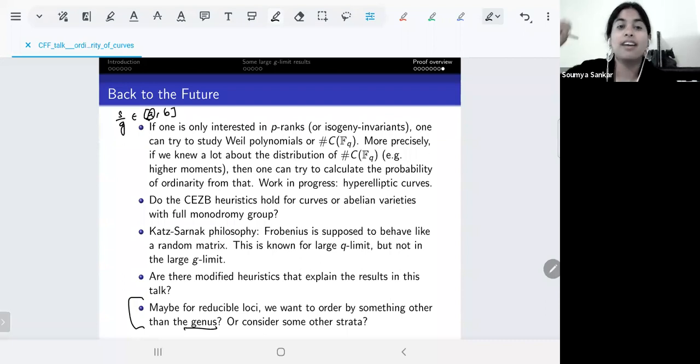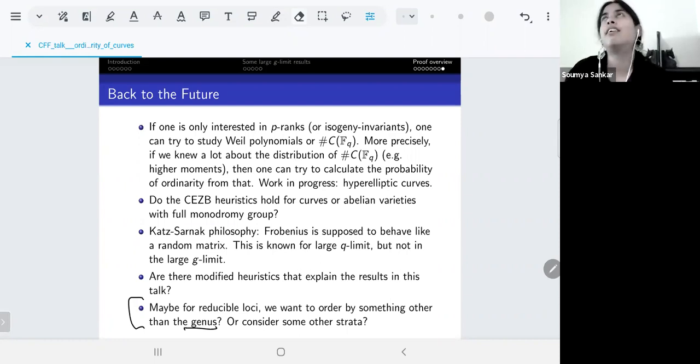Okay. Thank you. So essentially what you want to consider is something like, what is the probability that an Artin-Schreier curve has p-rank bigger than or equal to something? That is the kind of question that you want to ask. And there are partial results towards that. I did work out a lower bound, which I don't remember off the top of my head because it doesn't look very nice. But there's no complete result.